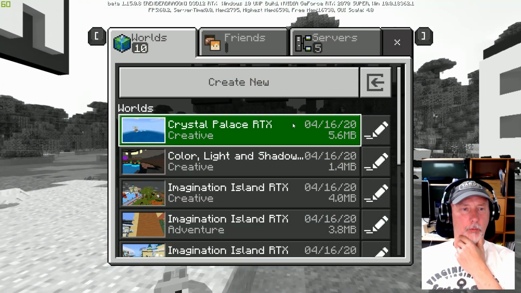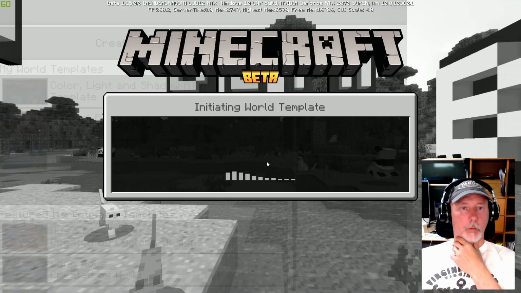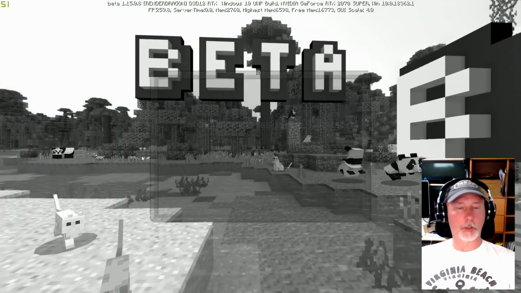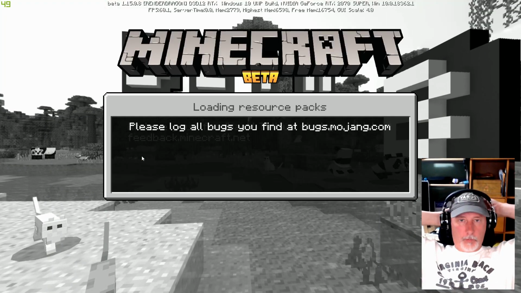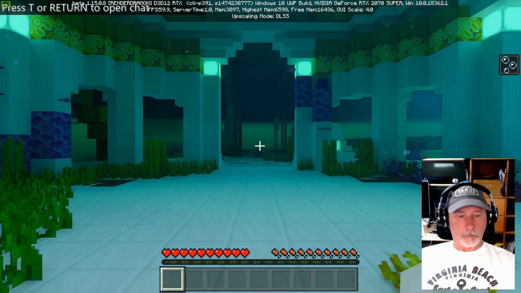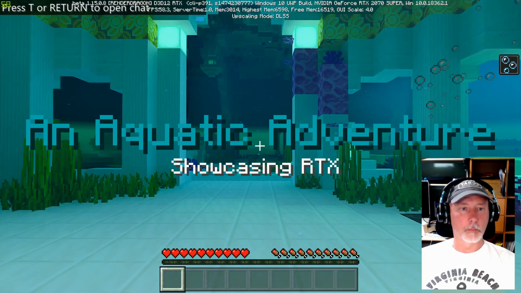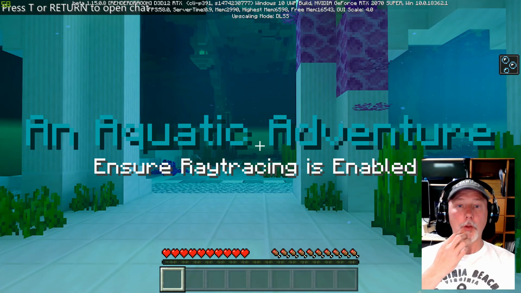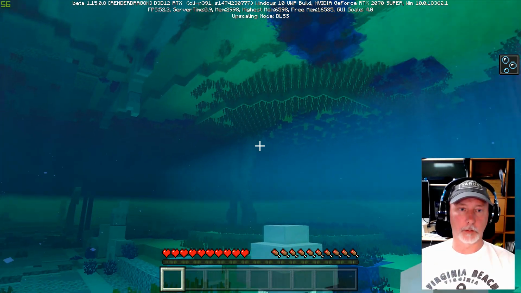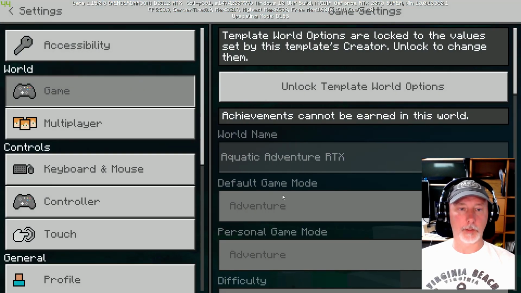What was that? 2, 3? Yeah, that was 3. Create new aquatic adventure. Let's just create. We'll go back and change it afterwards. All right, so we're underwater, showcasing RTX. Make sure you have it on. It's on. I didn't even check it. I don't even know how to check it. Settings. I'm going to...